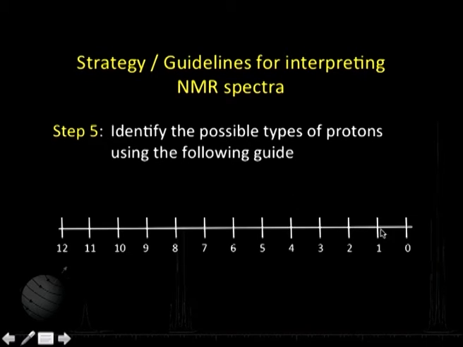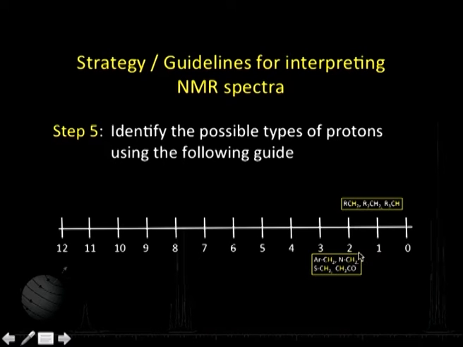The guide goes as follows. This is my typical range of the NMR spectrum, from 0 to 10 ppm, which is the most often used range, and sometimes we get signals beyond 10, up to about 12 ppm or so. Now, typically a signal in the range of around 0 to 2 ppm is for saturated hydrocarbons, say RCH2 or R2CH2 or R2CH or R3CH. All these protons are observed typically in the range of 0 to 2 ppm.